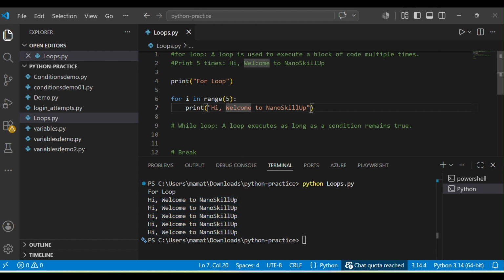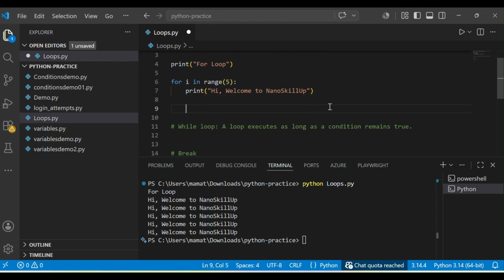What if I want to print a range from the beginning to certain values? At that time, I can define the range with the starting value and the end value that I want to print. It is going to print up to one number before the end value. So if I want to print up to 10, I have to mention 11.